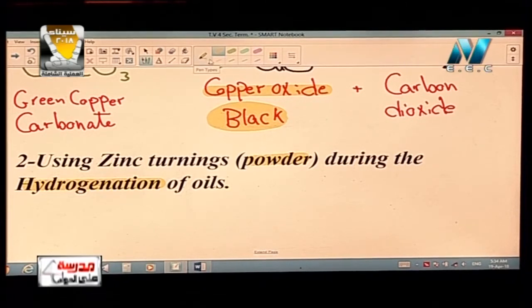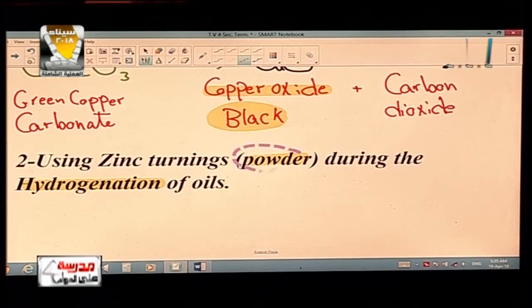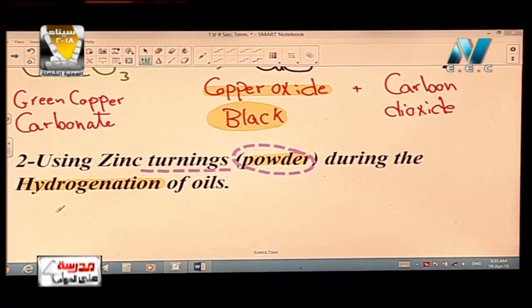Well, how can we answer this question? We have the key of the answer inside the question, as we see in front of us. Yes, powder. So we talk about powder or turnings, as we talk about the surface area. So the answer here, to increase what? So to increase